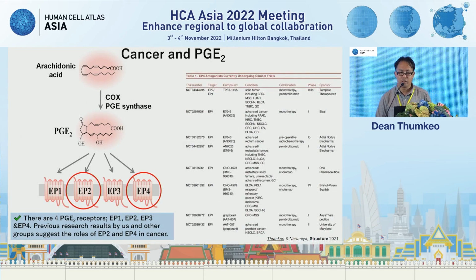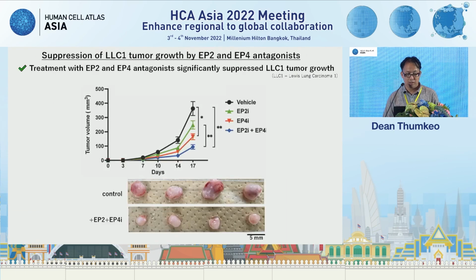Based on this background, several pharmaceutical companies made EP2 and EP4 antagonists and put those drugs into clinical trials. But unfortunately, because the mechanism of PGE2 signaling in cancer is not very well understood, at least none of these clinical trials has yet been a success. So we started our project to dissect the mechanism of PGE2, EP2, EP4 signaling in cancer,